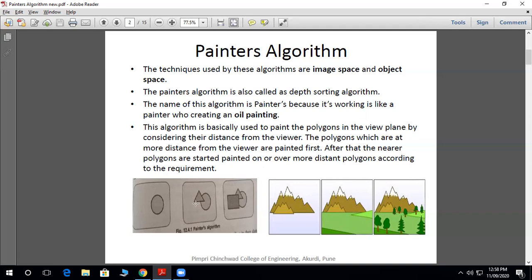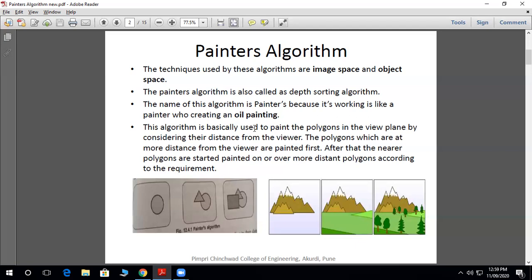And then in the third figure, on top of this triangle, a square is painted. So it gives the appearance that the square is nearer to the viewer. This algorithm also works in the same way.